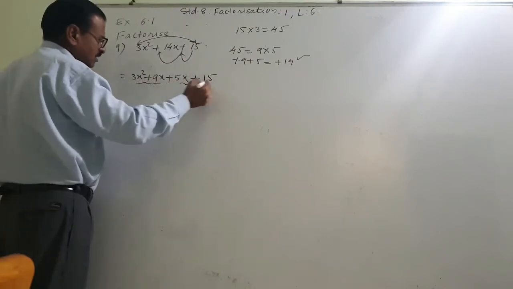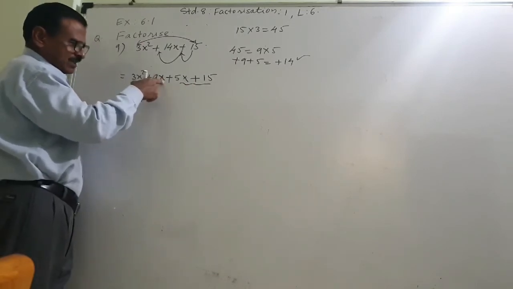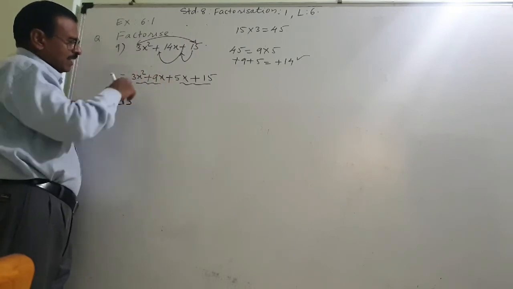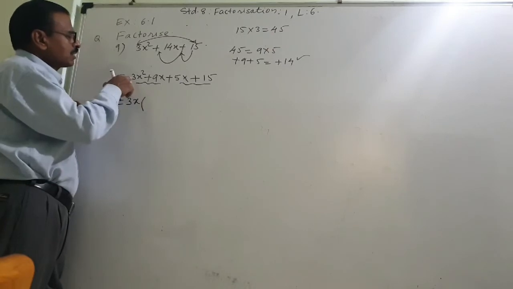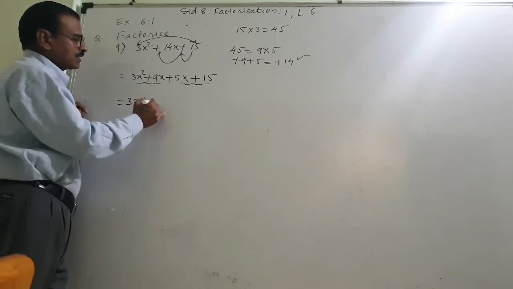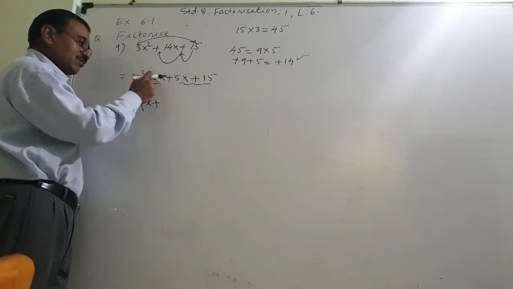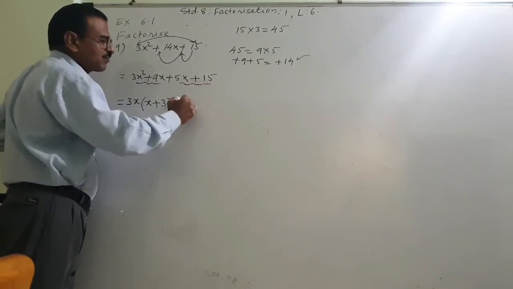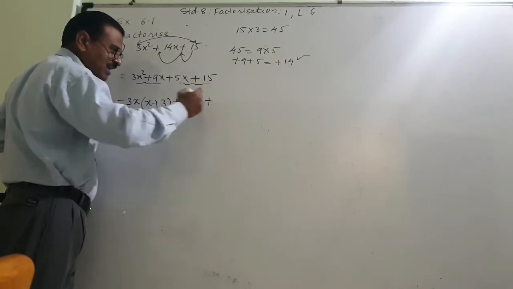Make the two groups. That is equal to, this is 3 into x into x, this is 3 into 3 into x, this is 3 into 3 into x. So 3 is common, x is also common. So 3 is taken out, from x into x, x is taken out, so x will remain. Plus this x is taken, 3 into 3, one 3 is taken so one 3 will remain inside. Plus now this is 5 into 3, so 5 is taken, here x will remain, plus this is 5 into 3, 5 is taken, so 3 will remain.